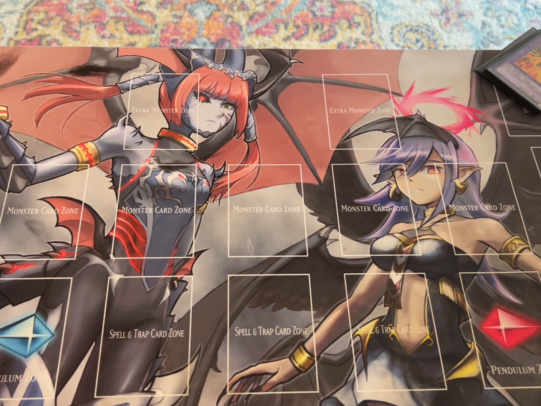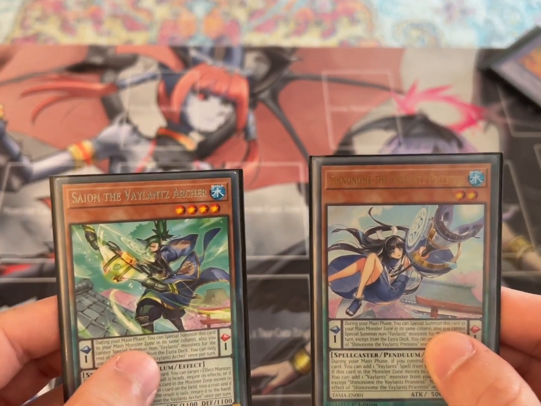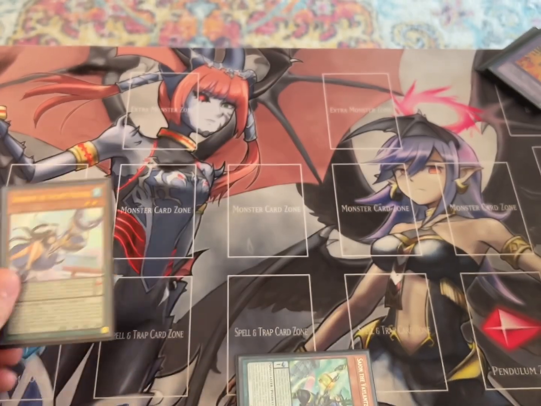I will demonstrate a few of the combo lines. For this particular combo line, you'll need 2 cards. You'll need Priestess and the Archer. We're going to start with our Priestess. We're going to scale it,